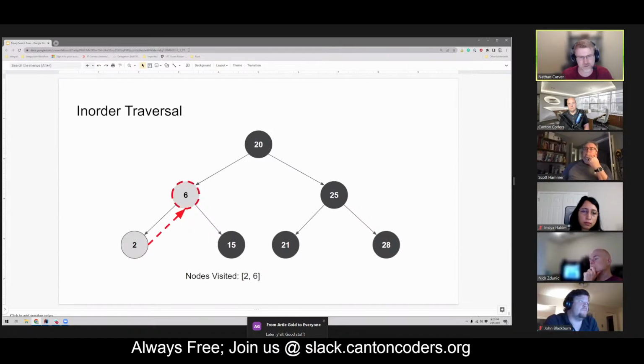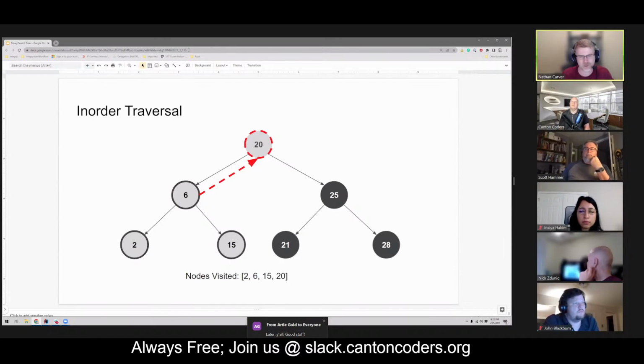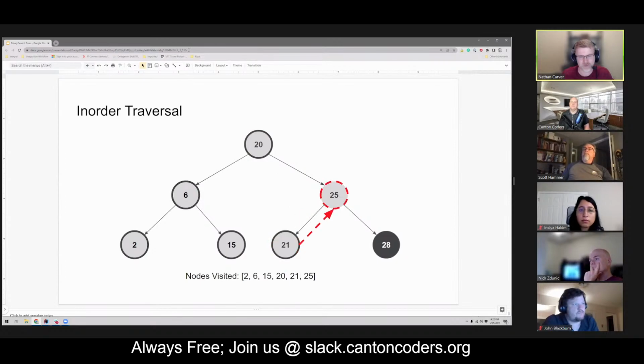So this is called traversal. And then we go back up, and then we're going to visit the root node. And then we're going to go down the other side. And then after this traversal, the nodes have been visited in ascending order. So we've gone through every node, and we do it through every node in ascending order. So